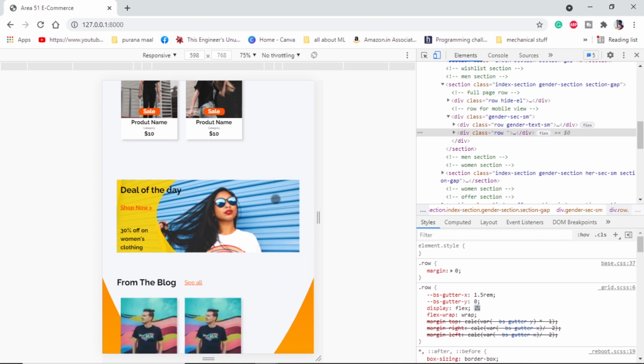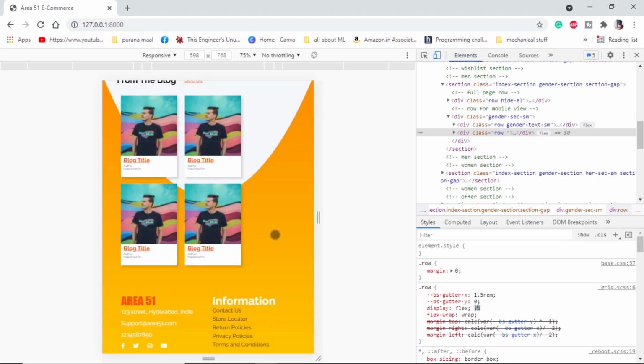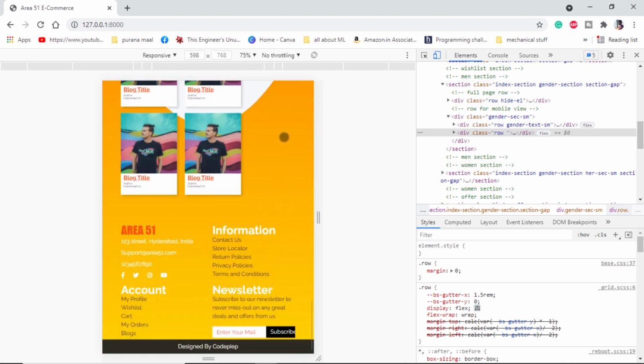Basically, I'm decreasing the width and height of the image. I've used the same SVG that I have downloaded for the mobile UI, and I have put the text according to the new placement. Then comes the from the block section. This is the same thing, decrease the height and width of the card. Now coming to the SVG. Again, I've used two SVGs, one will be hidden in the mobile and one will be hidden in the desktop. And I have rearranged the footer like this.